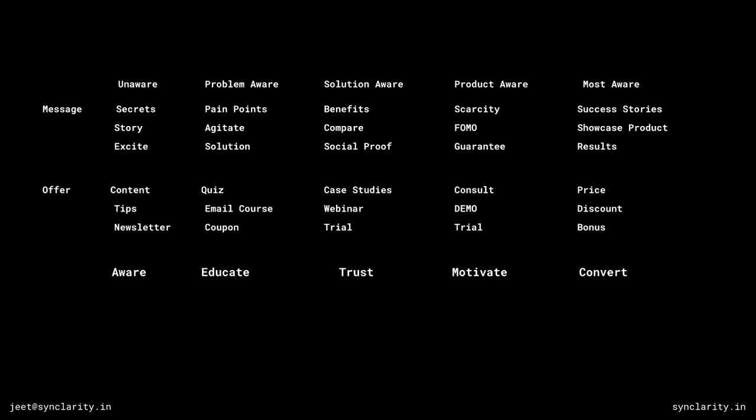Now, why are they unaware? Because they know they want to start a business, but they don't know they will require a website. So you can create a page which talks about the secrets of running a business in 2021, and showcase why it's so important to have a website today. Then you create a separate problem aware stage page,